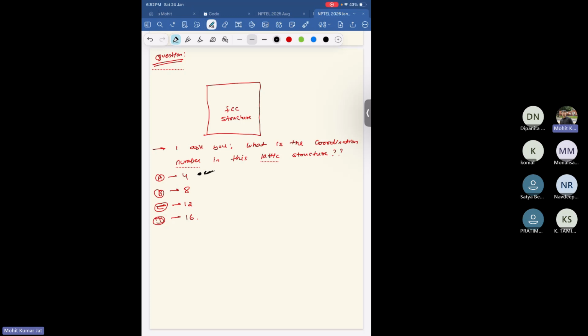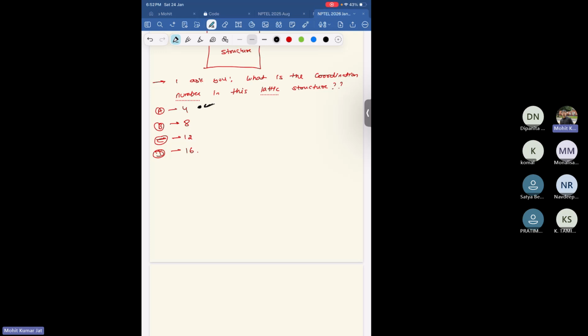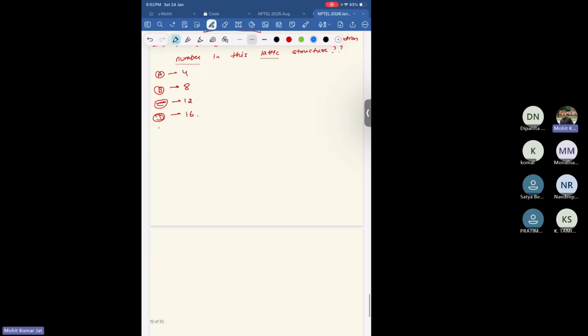Okay, unfortunately, or fortunately, option A is not there. Otherwise, our basic understanding of the physics will go wrong. So the coordination number is the number of the nearest atoms,